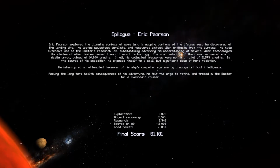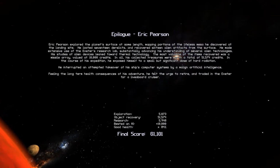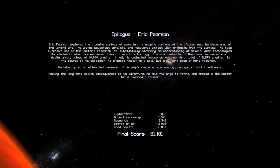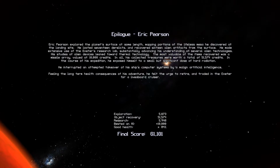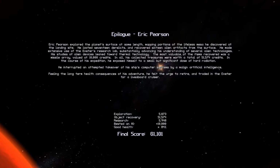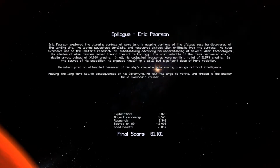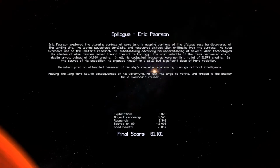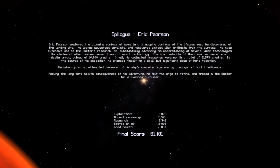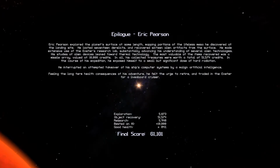Epilogue. Eric Pearson explored the planet's surface at some length, mapping portions of the lifeless mesa he discovered at the landing site. He looted 17 derelicts and recovered 16 alien artifacts from the surface. He made extensive use of the Exeter's research lab, substantially advancing his understanding of several alien technologies. His studies of alien devices leaned toward thermal technology. The most valuable of the items recovered was a missile array valued at 10,000 credits. In all, his collected treasures were worth a total of